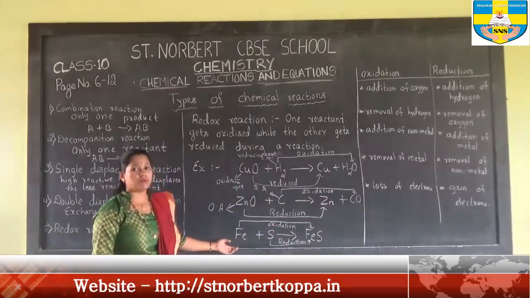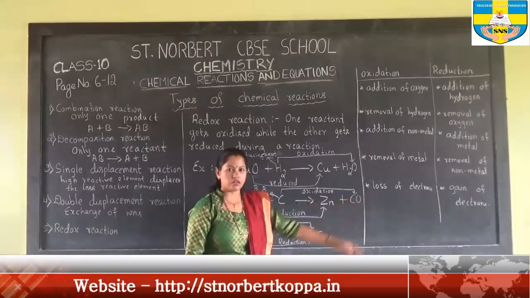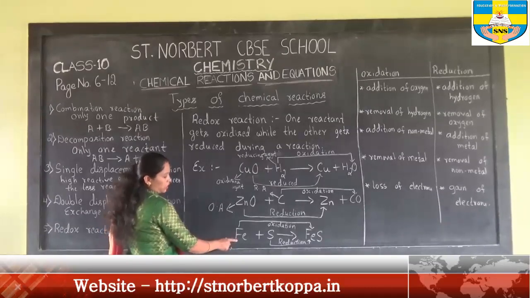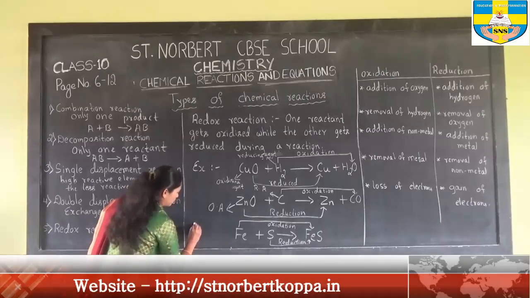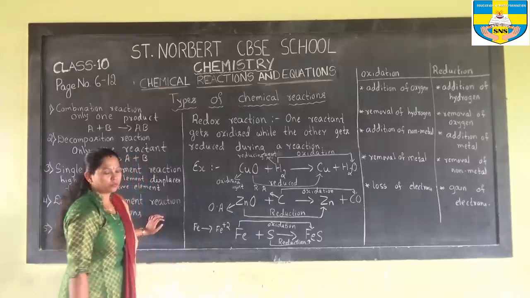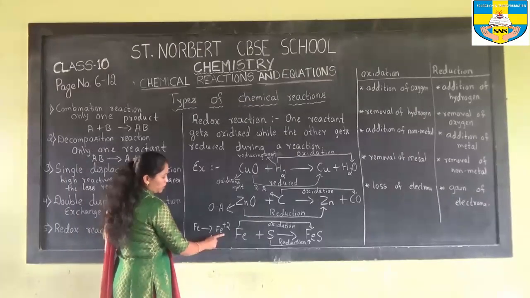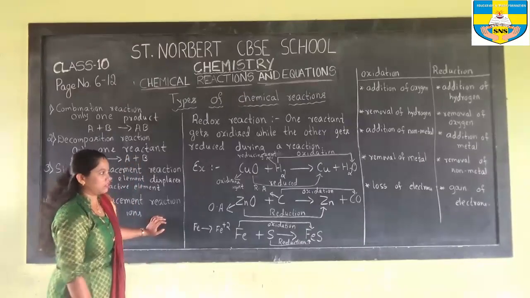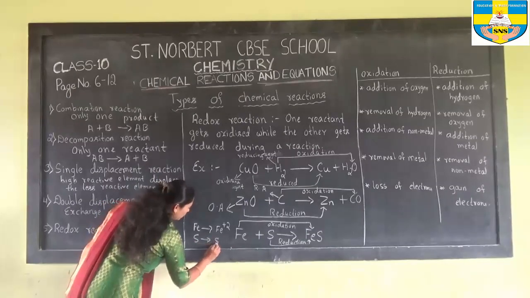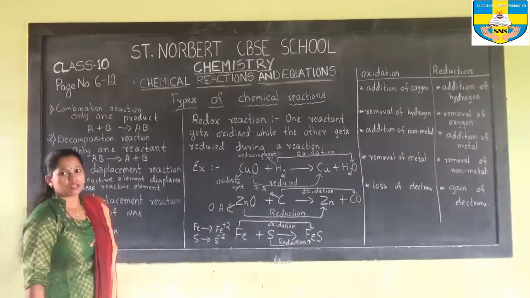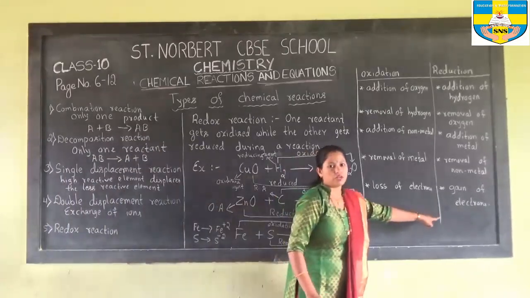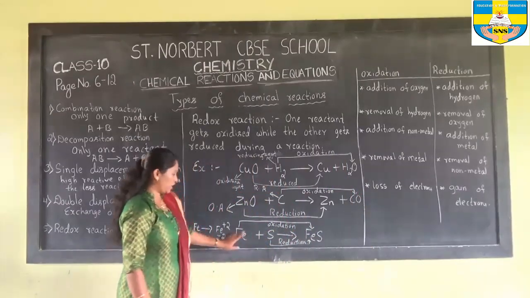If you see the same example in terms of loss of electron and gain of electron also. For example, here for Fe, the valency is 0. Now the Fe becomes Fe2+. Fe2+ means for iron, there is a loss of electron. Like that, S becomes S2-. That is nothing but gain of electron. So we can see this reaction from both sides.